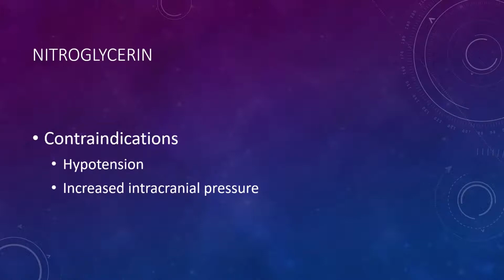Some contraindications: if we have a blood pressure of less than 90, we're going to be really, really leery about administering nitroglycerin. I would tell you, you may still give it, but I wouldn't give it to a patient that has a blood pressure of less than 90 unless I did a consult with med control by phone or